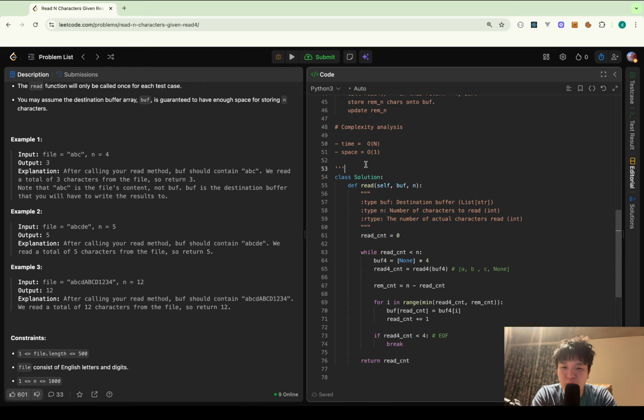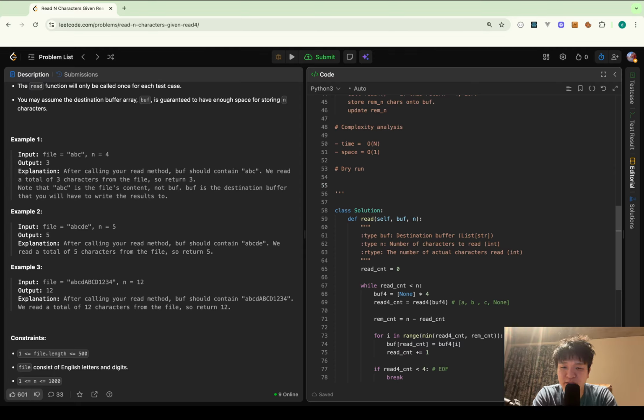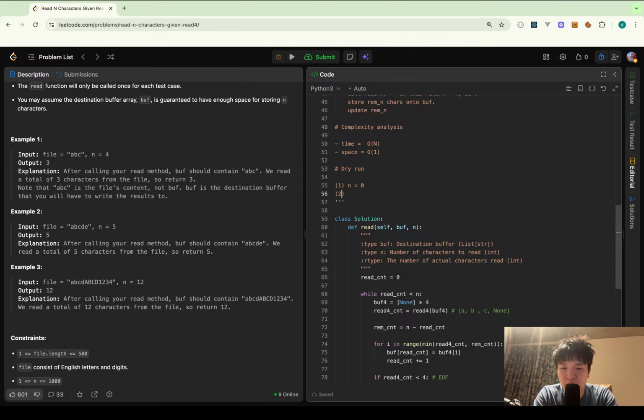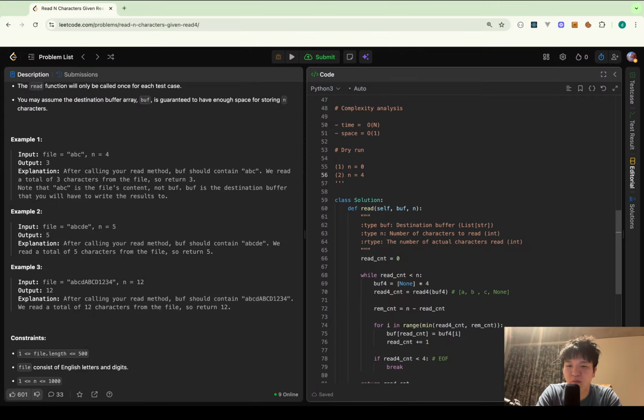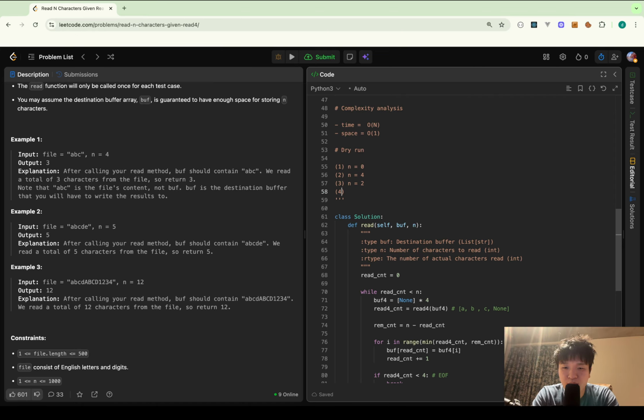Okay, let me dry run my code. So in this question, I have to think of some cases. Number 1, the case when n is 0. Number 2, n is 4 or maybe 8 or 12, which is a multiple of 4. Number 3, n is not a multiple of 4, like 2. And case number 4,